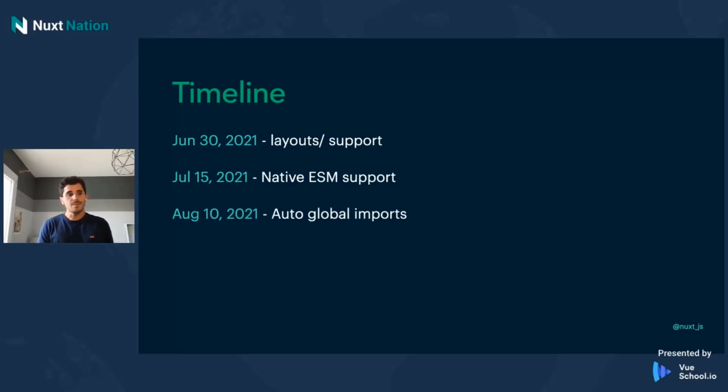In August, Anthony and Pinia also supported this auto global import. The advantage of Nuxt 2 and the option API is you can use data computed without having to import anything, which is really sexy from my point of view. But with Nuxt 3 and this auto global import, you can use script setup or even script Nuxt setup and directly use ref, computed, watch without having to import them, as well as the Nuxt composition API for data fetching